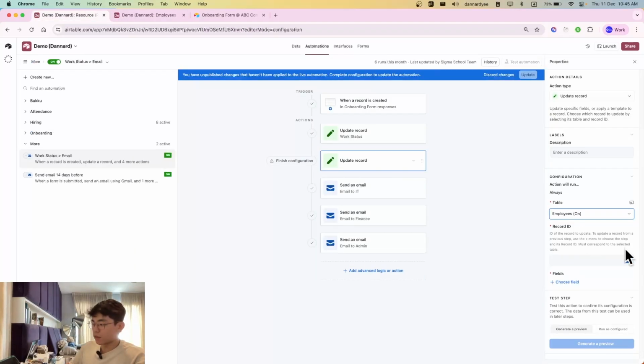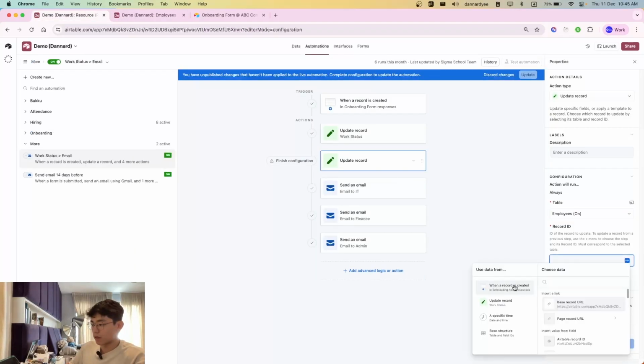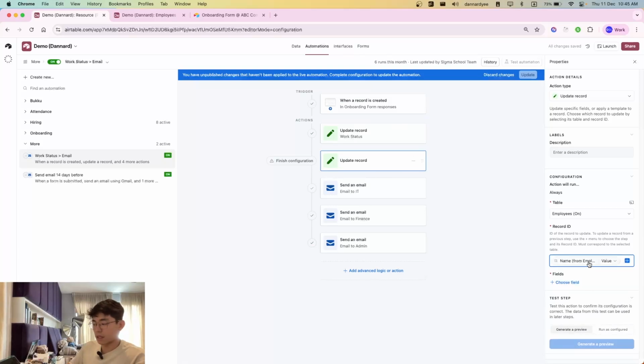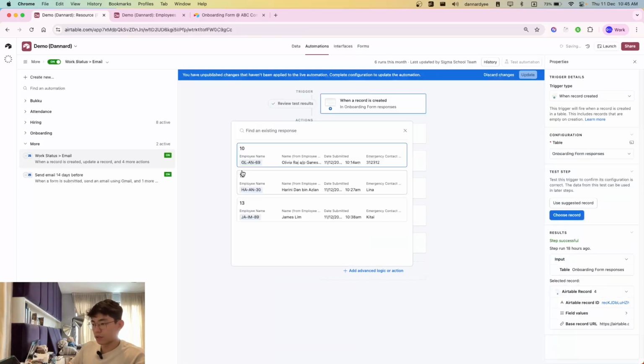So when we fill up this record ID, we can always just select when a record is created based on the employee name, the value of it. In this case, it's test data, so it's Harini. But if you do choose a record as